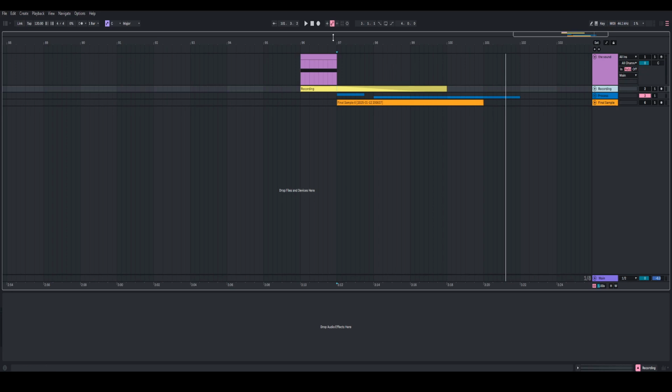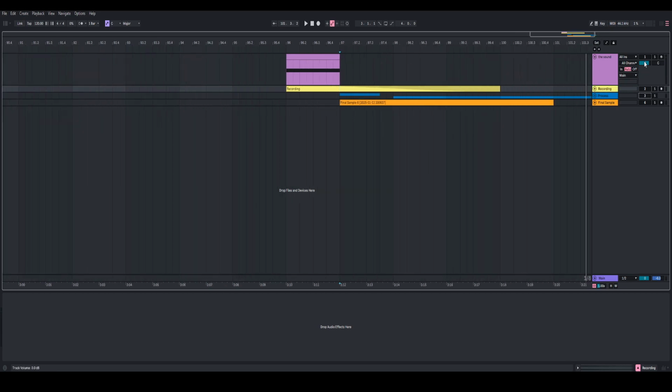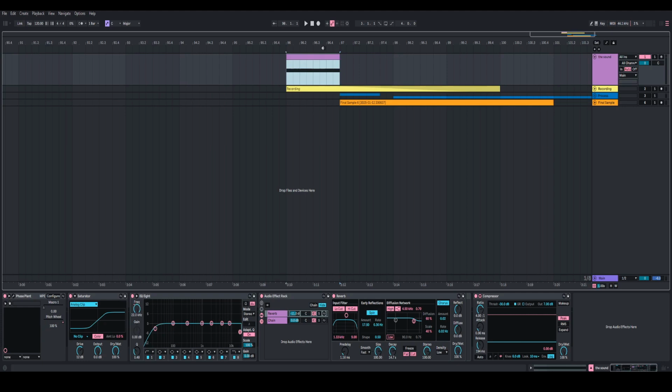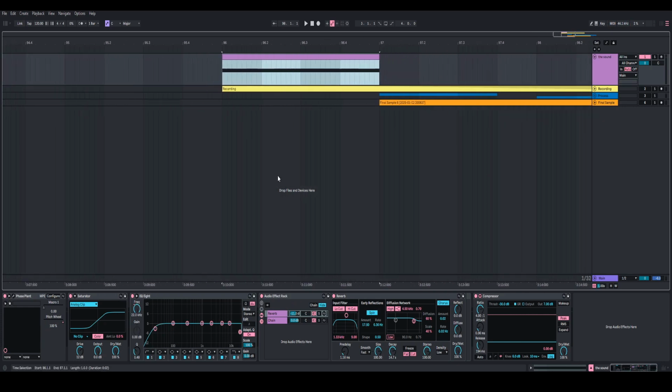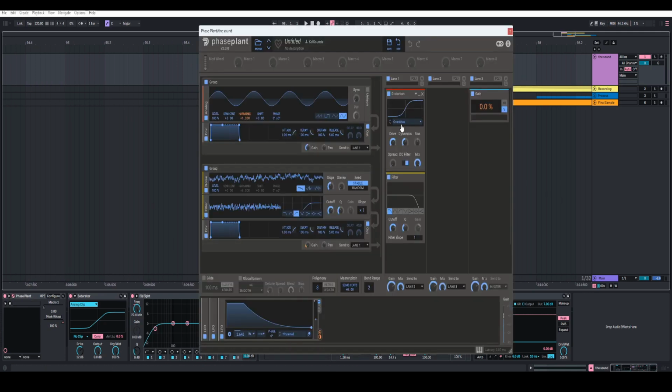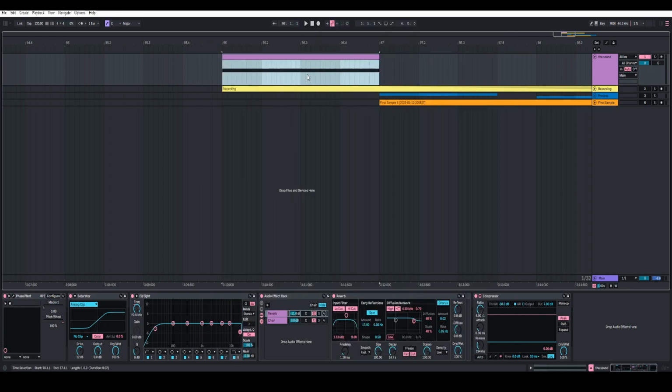So the first thing that I was working on when creating this explosion effect was the bass drop part. And this was actually a little bit harder for me to recreate. For some reason, I couldn't get the bass drop right, but after experimenting and tweaking with different audio effects and messing around with the harmonic on the sine wave and working with the envelopes, I was finally able to get a sound I was satisfied with. So this is the faceplant preset,